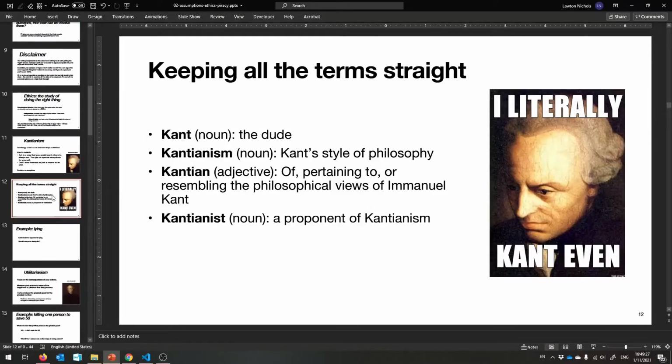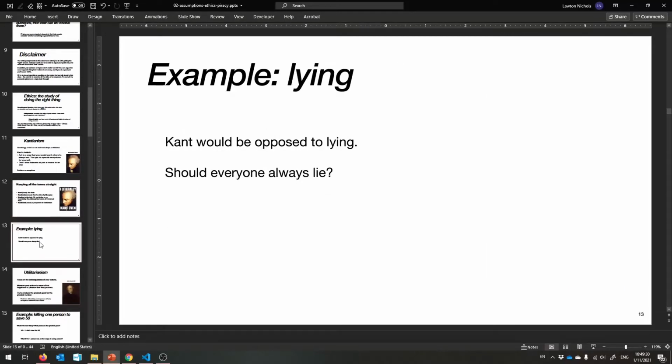All right, so sorry for all of this. Now you know. So let's get to where Kantianism can break down. Okay, so Kant would hate lying because, obviously, you would always want someone else to tell you the truth, and so you must always yourself tell the truth. And should everyone always lie would be the question that Kant asks to figure out whether or not this is a good idea. And his answer is a resounding no. So this sometimes breaks down, and here's one way.